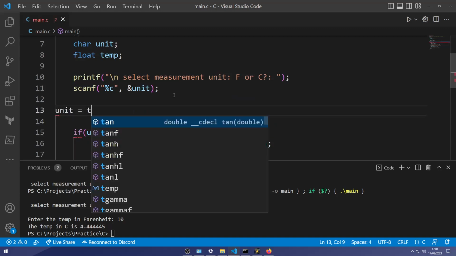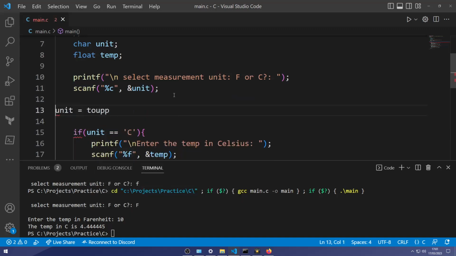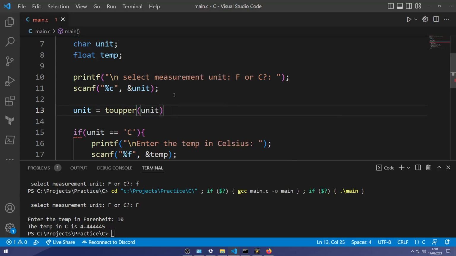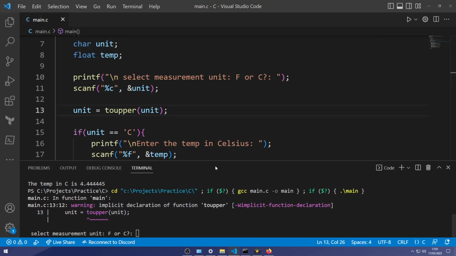So how you can do this is do unit equals toupper, which automatically converts it to an uppercase. So now if we run this, it just looks like we get a warning.